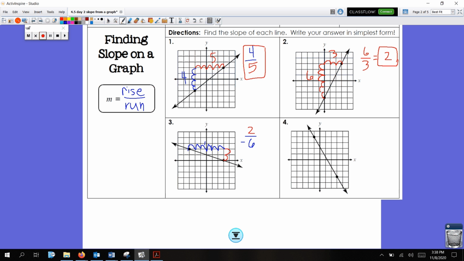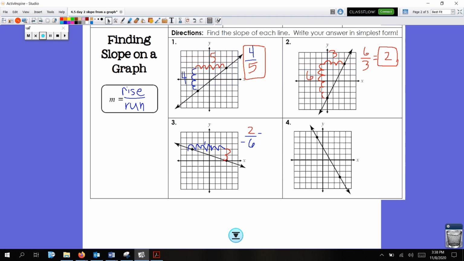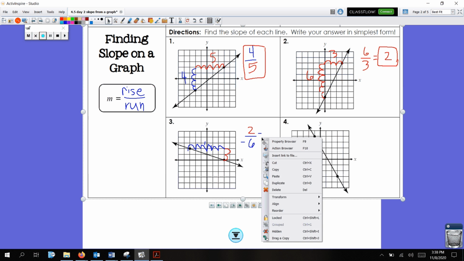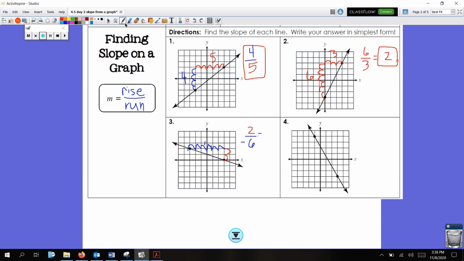All right, when you write these, especially if you're doing an IXL, just put the negative sign with the numerator. I just don't want it to be wrong. I mean, it doesn't look wrong to me, but I'm not sure if those answers will be accepted or not. But we do need to reduce this. 2 over negative 6